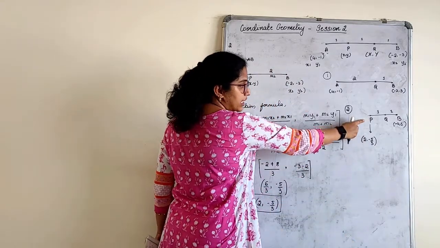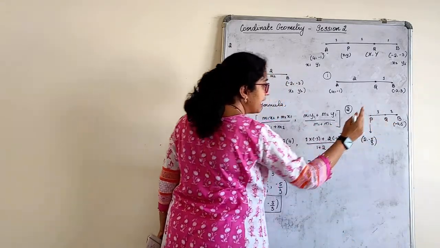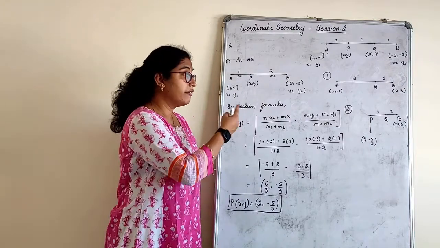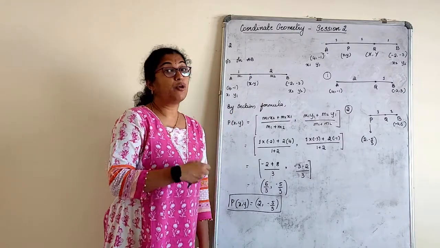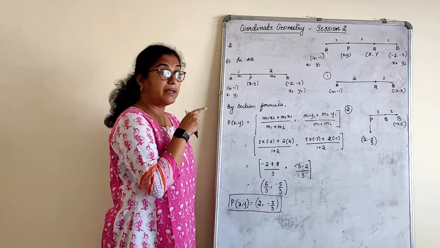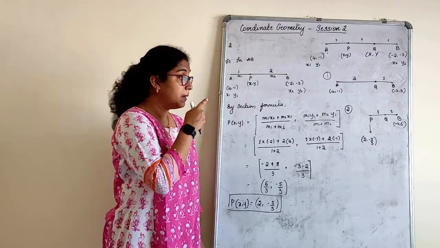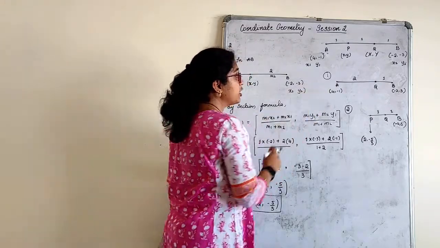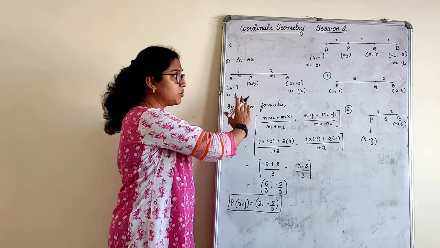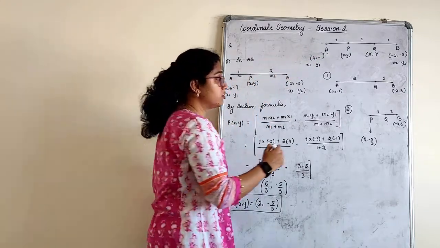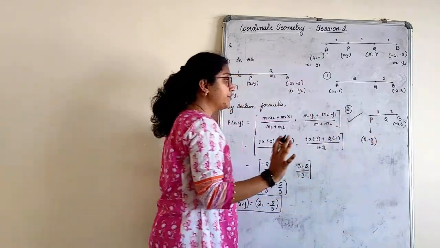I have the P coordinate, I have the B coordinate, I have to find the Q coordinate. Which formula comes there? The midpoint formula. So can I apply the midpoint formula to find Q? Method 2: or the section formula, using the same rule on the other side. So I am using the midpoint formula to find it.